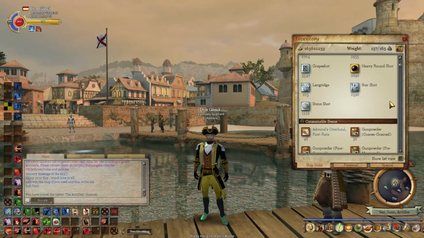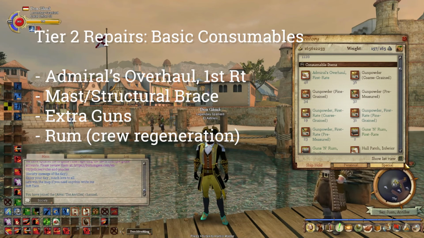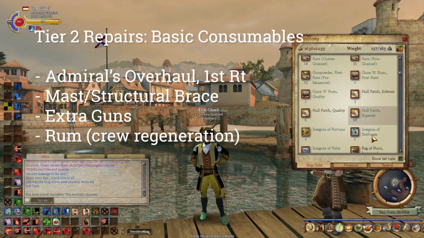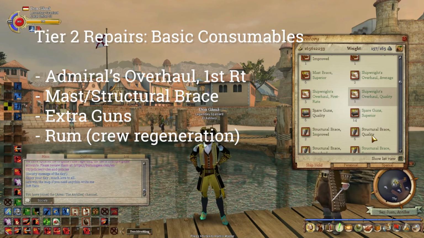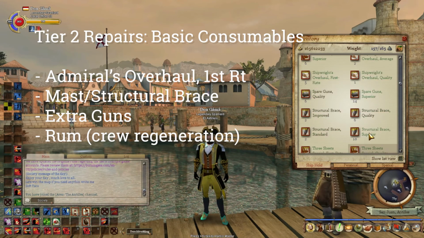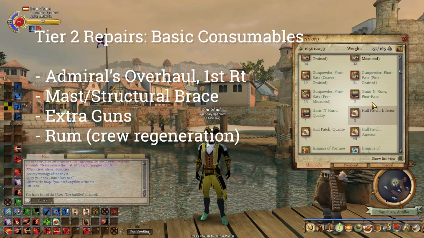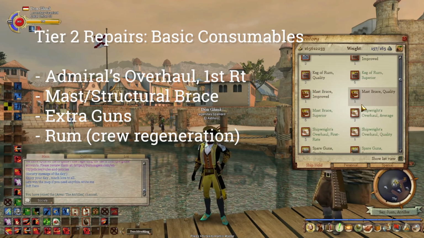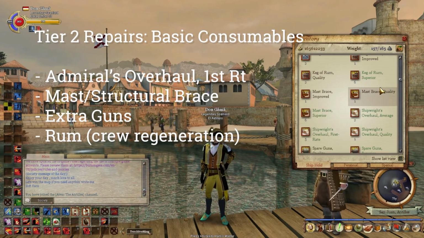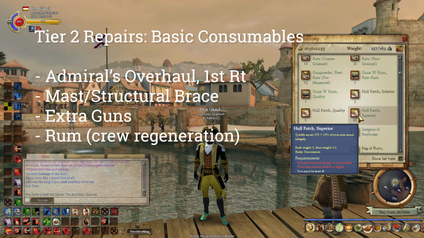Alright guys, tier 2 repairs. We're going to talk about some of the basic consumables and the best one available. So these are going to be things like your hull patch, the mast brace, structural brace, spare guns, and rum. Now, each one of these specifically repairs a certain part of your ship. However, they all share the same cooldown. So, for example, if I use a mast brace to fix some of my sails, I'm going to have to wait for that full cooldown before I can click another hull patch or a structural brace or some extra guns,